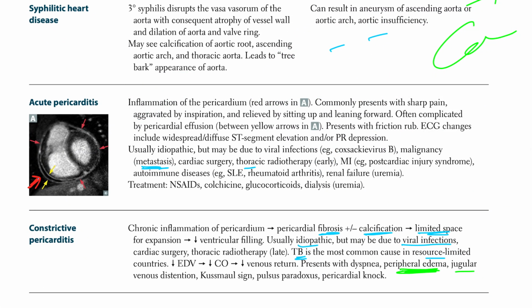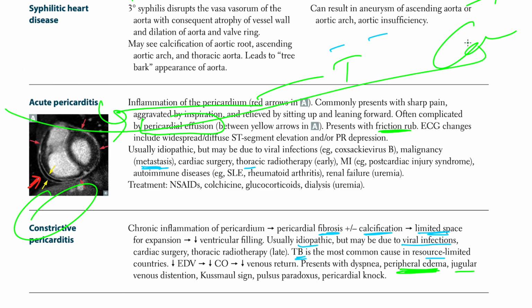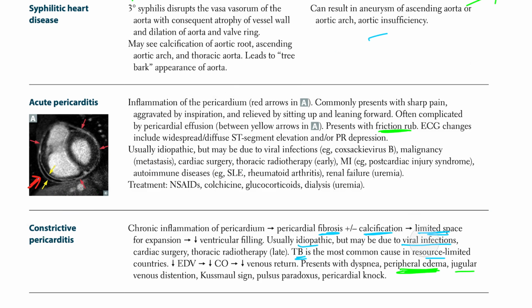On top of that, we're talking about a couple things. We're talking about tamponade. We're talking about constrictive pericarditis. Another disease you're going to talk about is pericardial effusion. With an acute cause of pericarditis, if the fluid comes out within the pericardium, you will see friction rub. Okay, let's just review the whole thing. Where's my eraser? Yeah, let's review this.